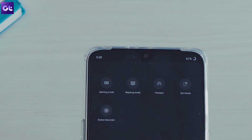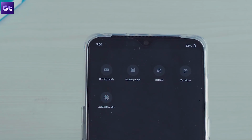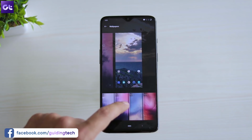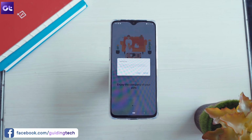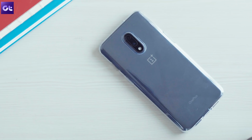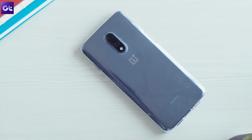Kicking things off is the new Zen Mode, a different and arguably more effective take on Google's digital well-being, which aims to help you get some time away from your phone. You can use the Zen Mode by sliding down the quick settings and tapping on the Zen Mode icon. Just know that once it's enabled, you won't be able to use your phone for the next 20 minutes, which means that you'll be forced to do something better with that time, like interact with the people around you or